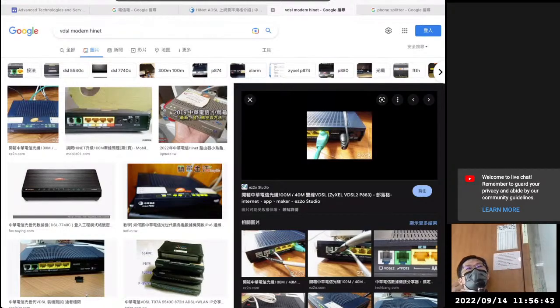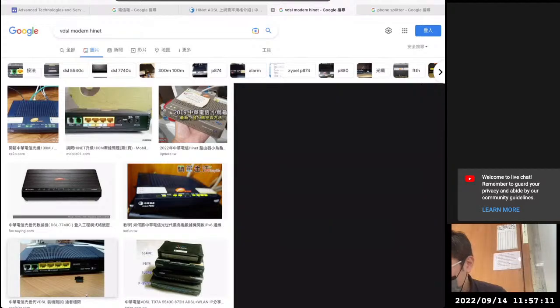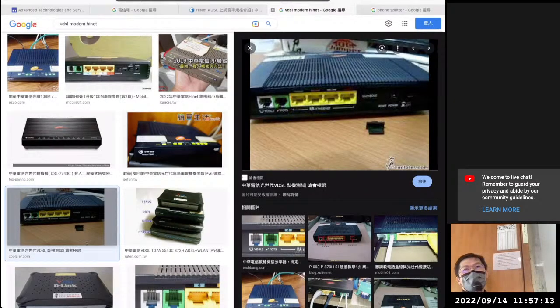So basically, the idea of VDSL is that they use 2 phone lines, so you have twice the capacity. 对吧？你有2根线的时候，你就可以在2根线上分别传东西，对不对？你一根线撑不到100 mega， 那你2根线，你一个人50，一个人50嘛，合起来是100，对不对？